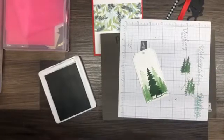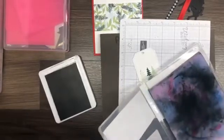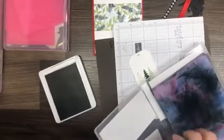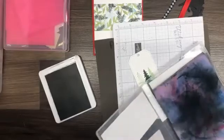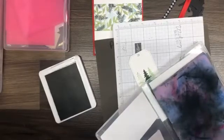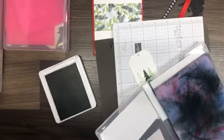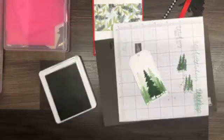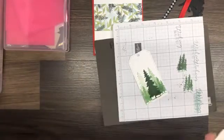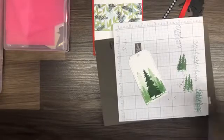Now let me get my chamois and clean up some of these stamps. All right, leave those stamps over there to put away afterwards. And we'll close up that green ink pad. Now we're going to add a greeting up top,